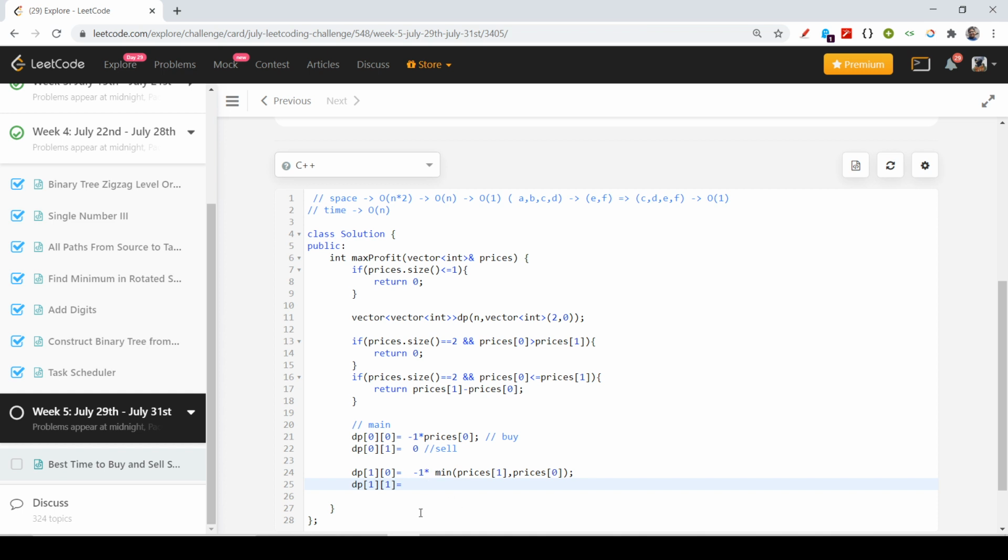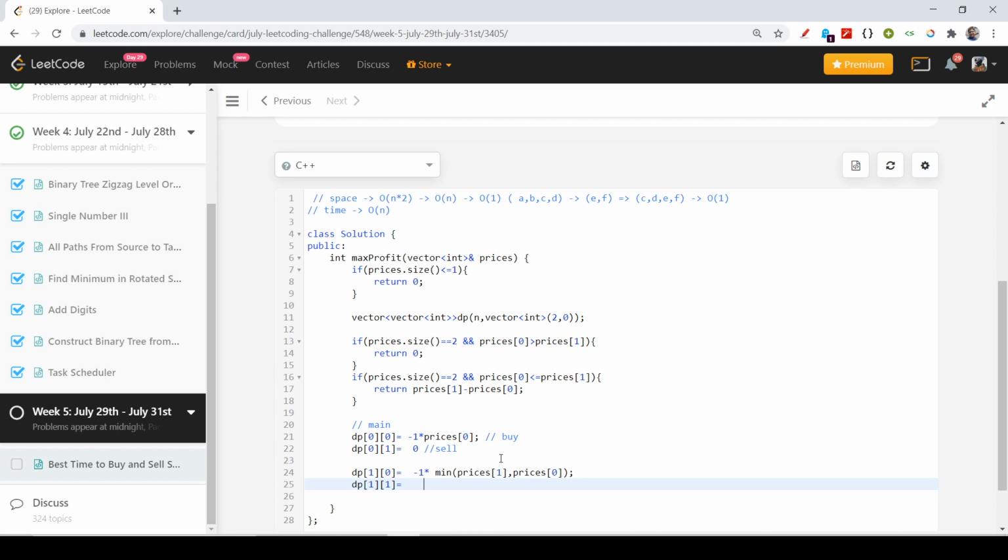I want to have the minimum one, and out of these two, I will basically find my value. Okay, up till now I have obtained the minimum prices out of first and second, and I have multiplied by minus 1.